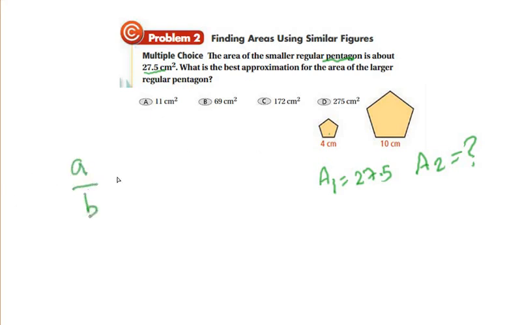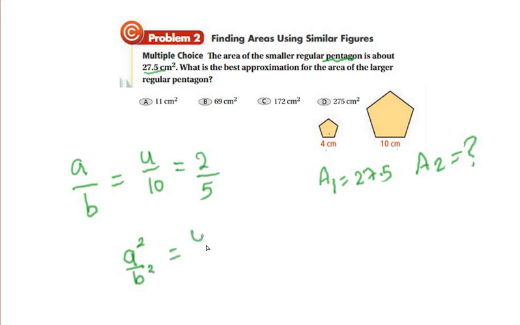A to B equals 4 to 10. If we take the smaller to larger ratio, this is 4 to 10. To simplify it more, we divide by 2, then this is 2 over 5. A to B